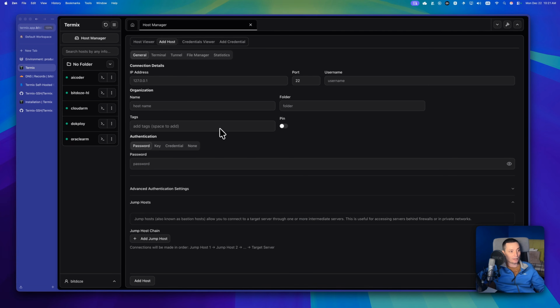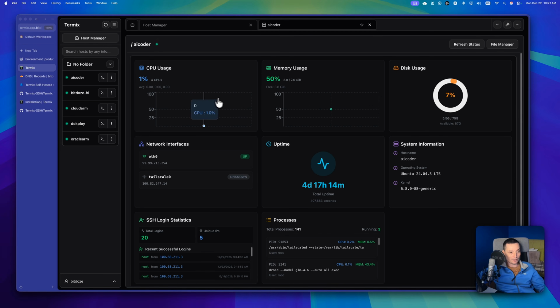And yeah, like this you can add a host in here. And again, after the host is added, you have these two options. The first option is to open the terminal, and in here you have more options to view the server details. And again, the server details will be something like this. Again, the CPU, memory, disk, network interface,